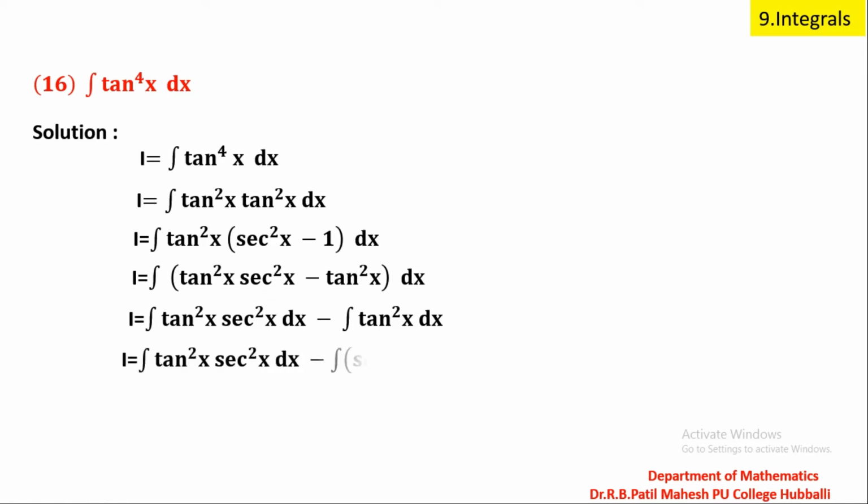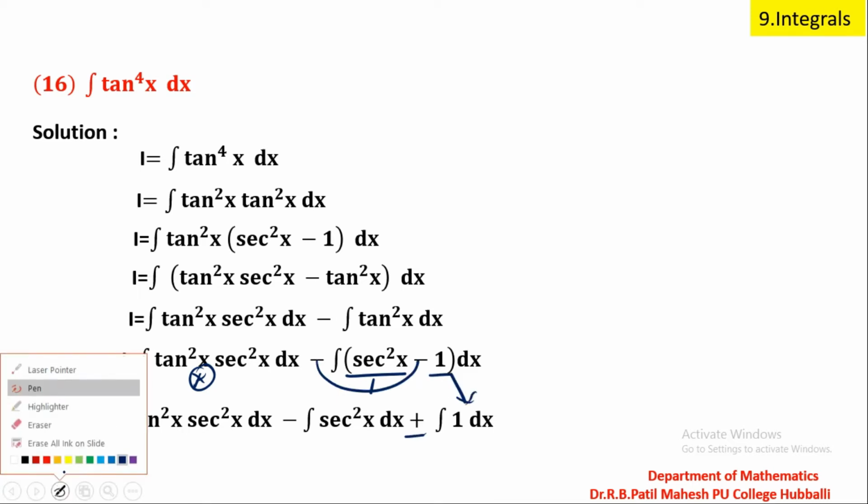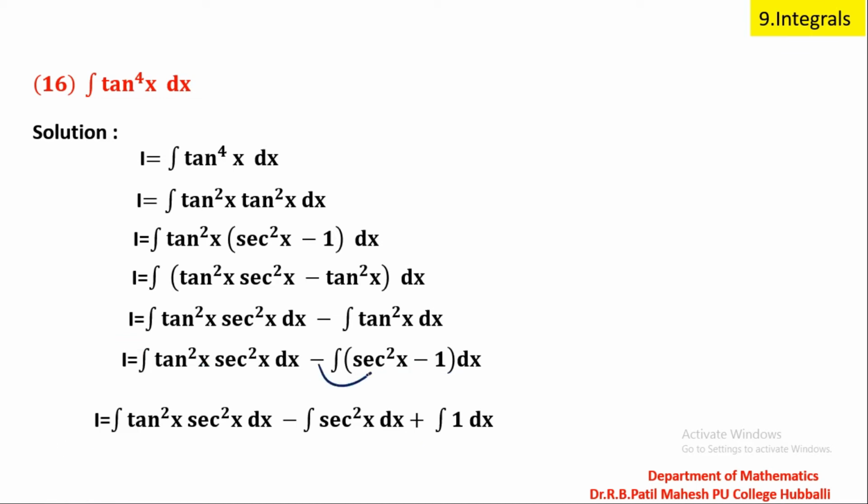In the next step, this function remains as it is. Here again we have tan square x. We don't have the integration for tan square x. Again keep it as secant square x minus 1, so that from the list of formulas we get the answers easily. Dear students, to solve the first one, look at this one. Integration of tan square x into secant square x dx minus integration of secant square x, taking minus into minus, plus, so integration of 1. In this step I did not do anything, only I have taken minus into the bracket or into the integral, so that minus integration of secant square x, minus into minus will be plus.